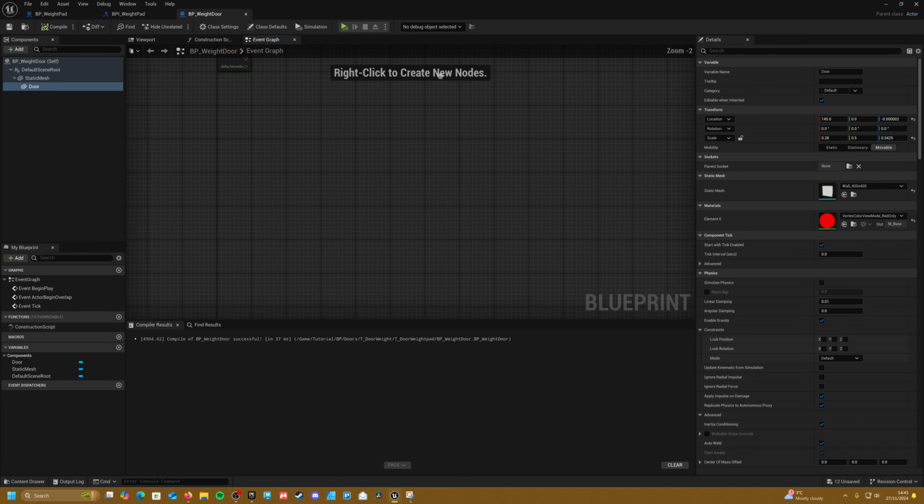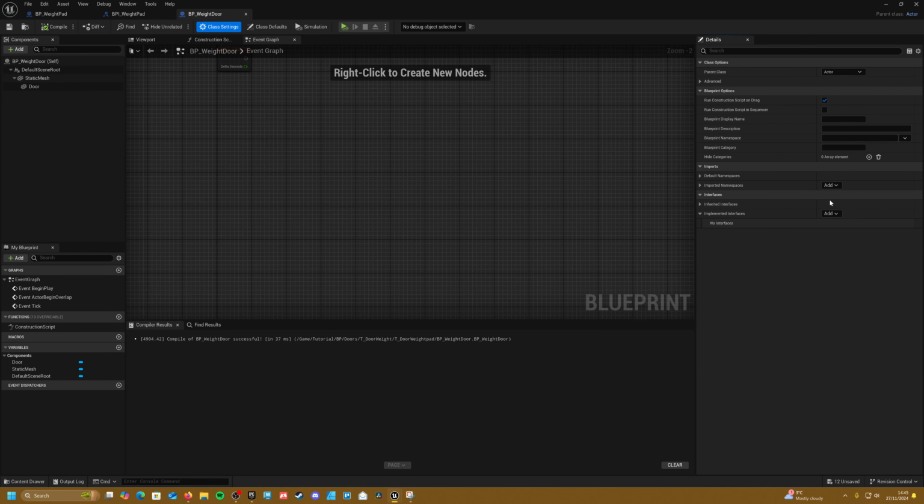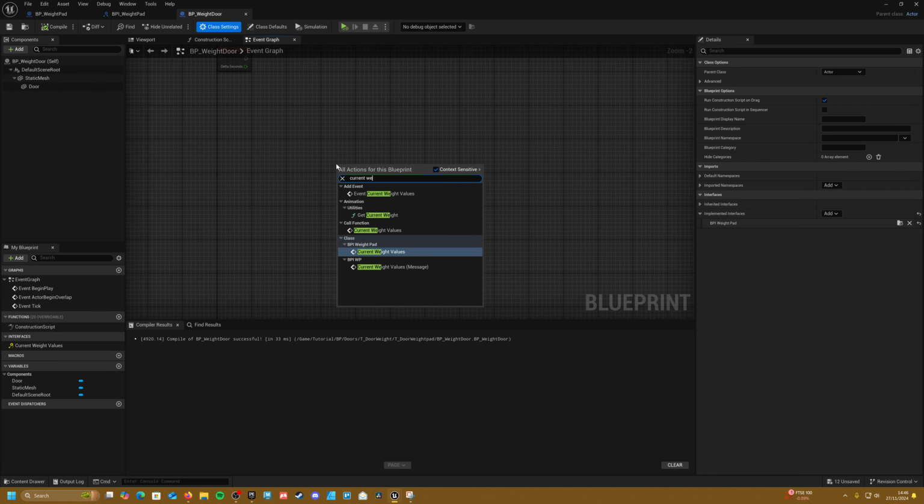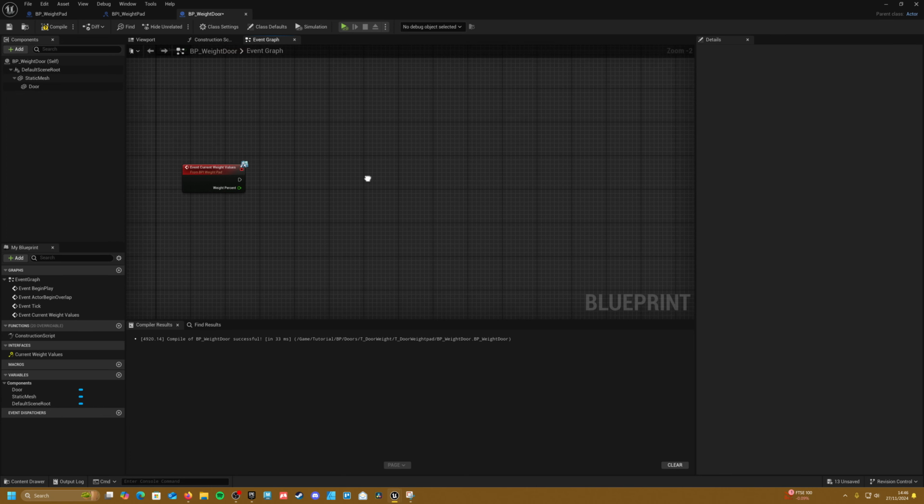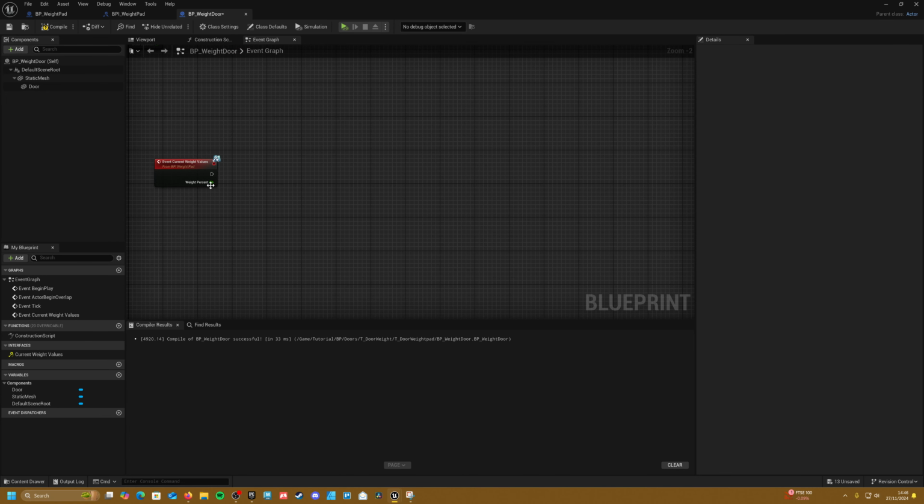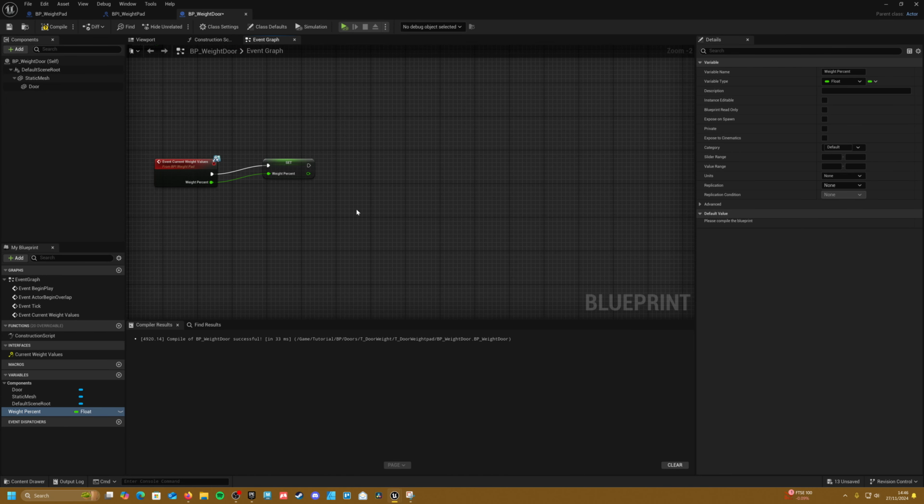Cool. Now, just before we do anything else here, if we go up to our class settings, and we add in our weight pad BPI, so BPI weight pad, like this. And now that that's been implemented, we should have our interface panel here, so we can right click and create our current weight values, like this. And what we want to do is save this value. So if we promote this guy, like this,